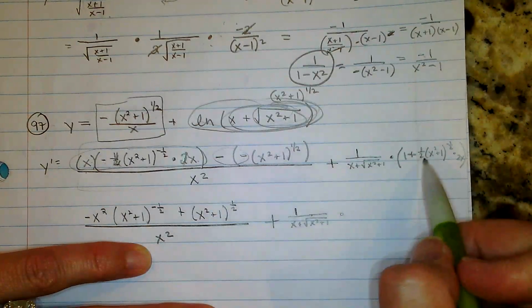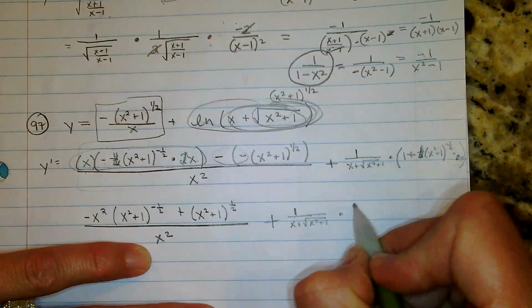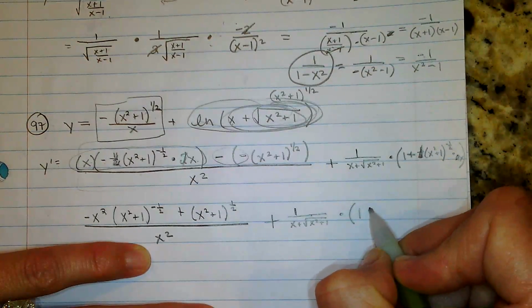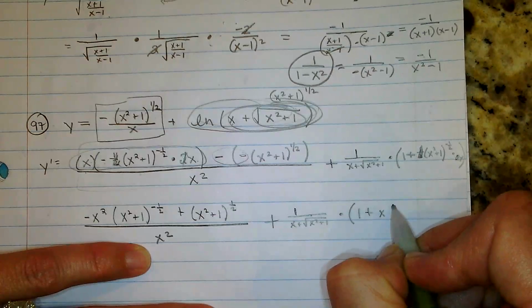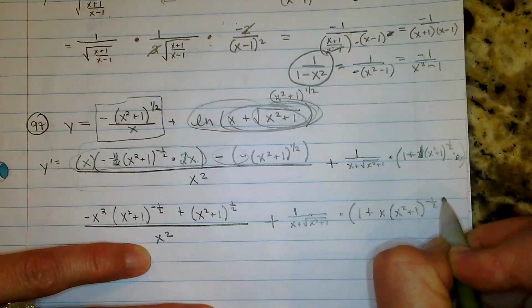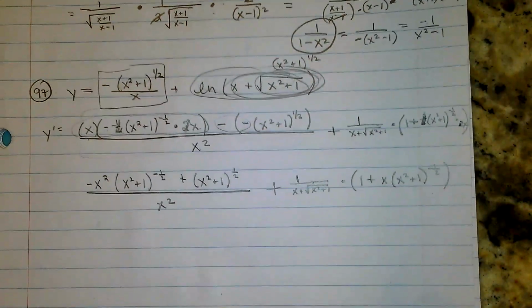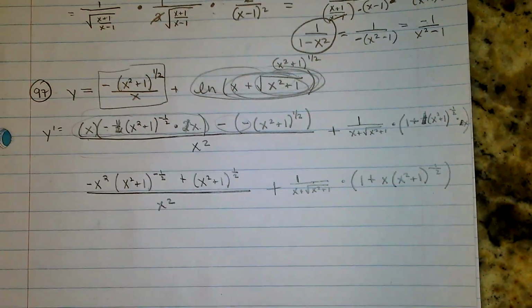So when I clean up over here, I'm going to leave that alone for a second. Times the 1/2 times the 2 is going to cancel again. It's going to be 1 plus x squared plus 1 to the negative 1/2 power. Okay, so the cleanup, that negative is not really clear. Cleanup is going to be challenging. So let's see how I want to do this. Let me start here,